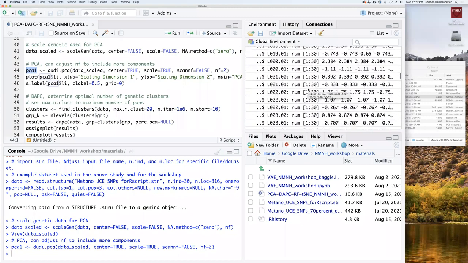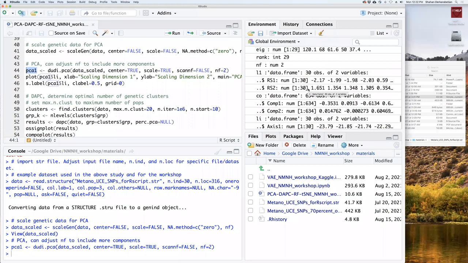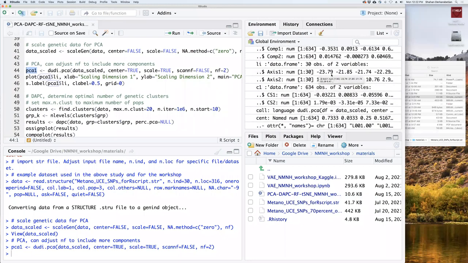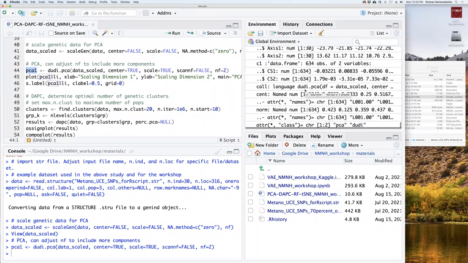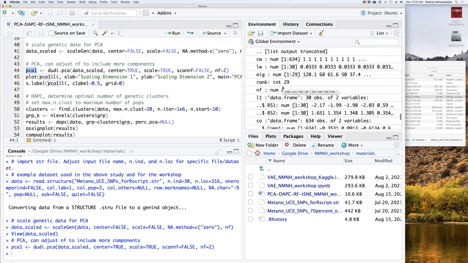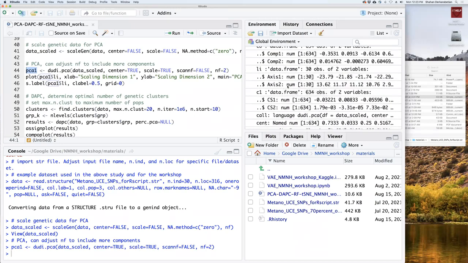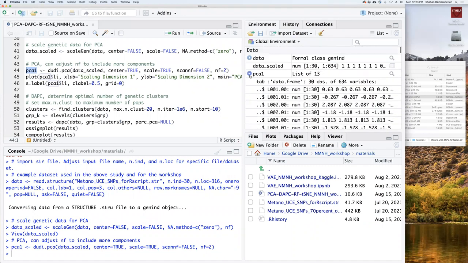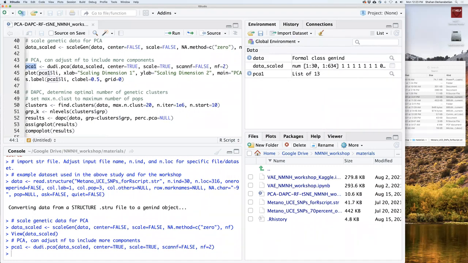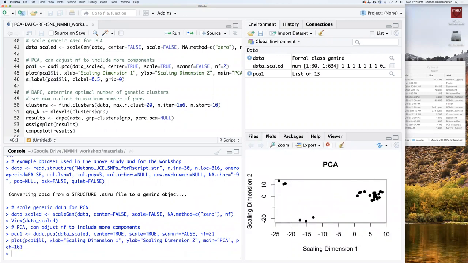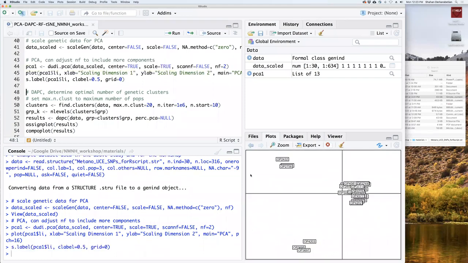Here are the results of principal components analysis. We're going to be dealing with this one here, which has the principal components. I think there's a scaled one if you want to deal with that. This is the scaled one, but principal components are all stored here. So now we want to view the principal components. I'm just going to plot this really quick. Here are the principal components. This will come up in your plots tab. I have a function here if you want to label the samples based on sample name. I like to keep the plot and the samples separate.